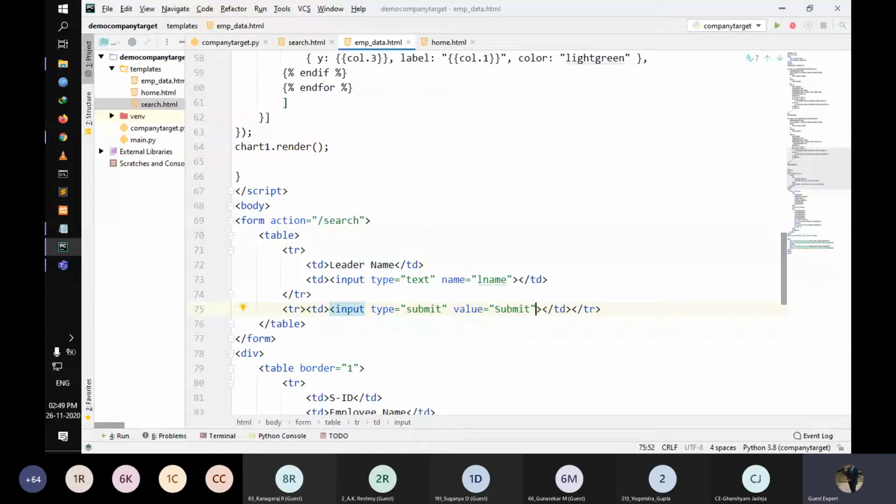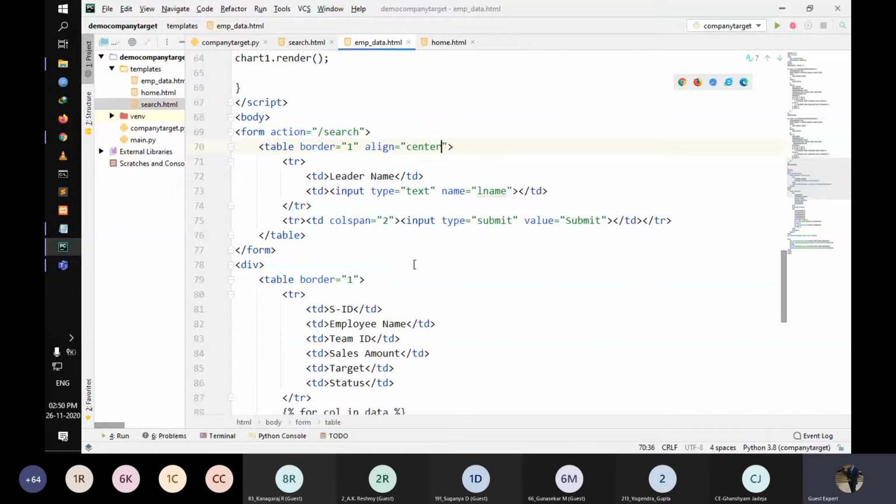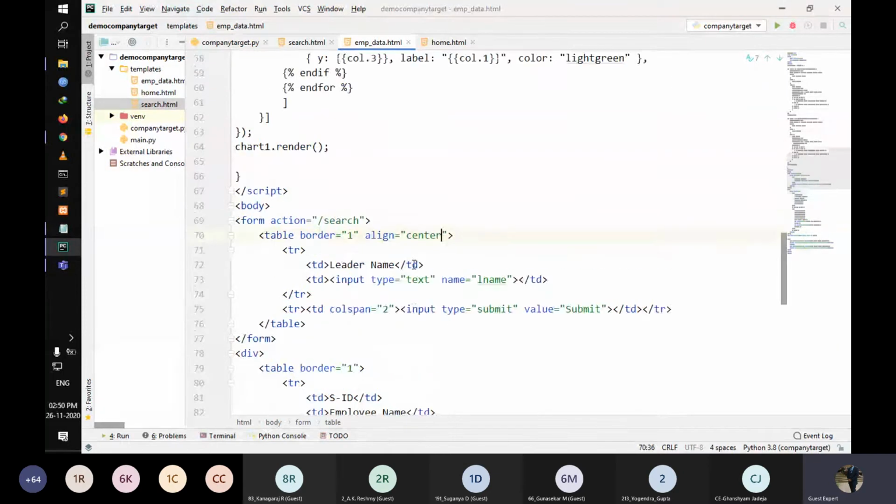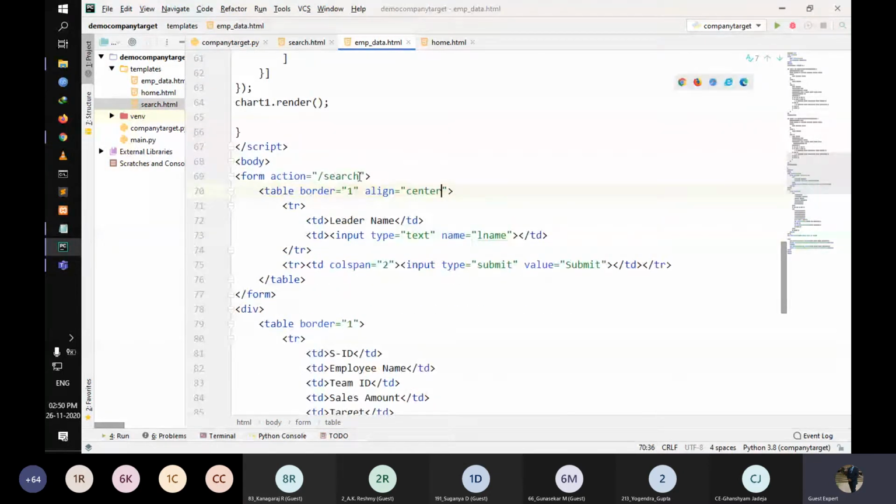So this is a basic button that we have just created in the employee data. So let's run this first just to see how it looks.